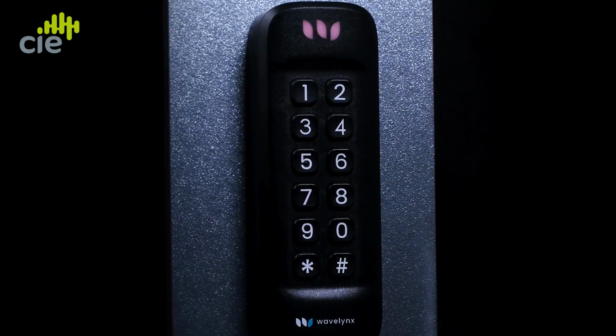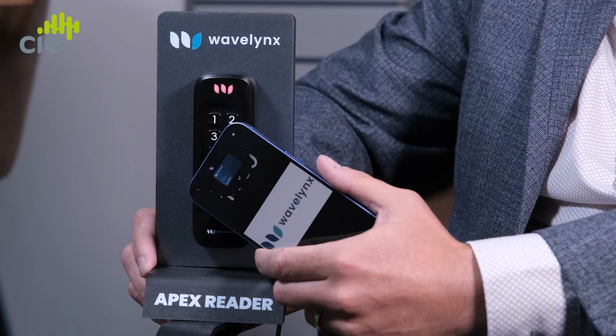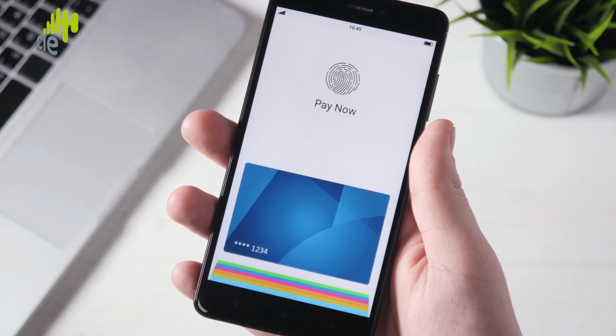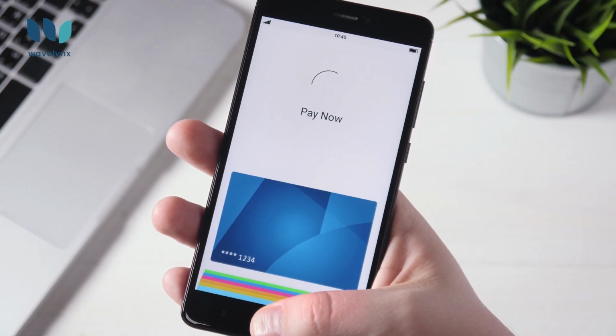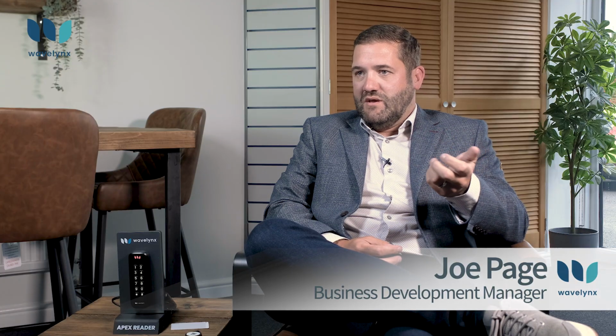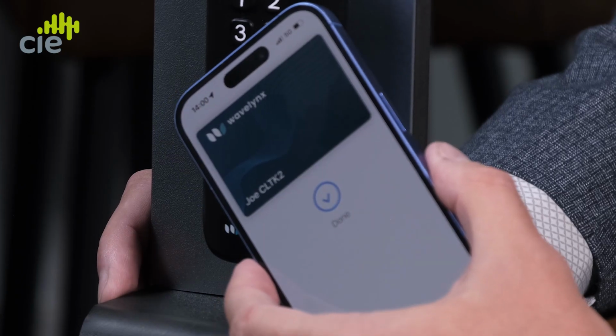So Wallet Credentials is a credential, quite simply, that goes into your Apple, Google or Samsung wallet, much like your bank cards or other things and club cards that go into the wallet at the moment. But it gives you that MyFair V3 card into your wallet for secure access. I think for me the beauty of Wallet is it's secure, because it's not only a MyFair Desfire card, but it's also inside the security of your phone under biometrics, much like your cards are, and a very secure